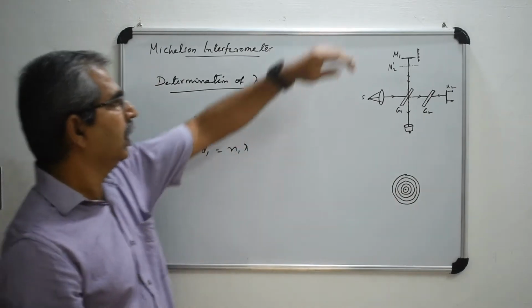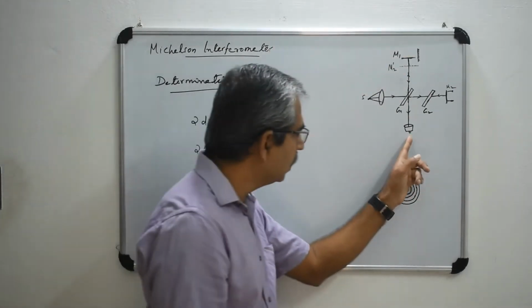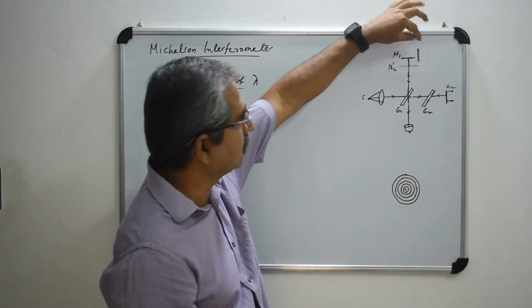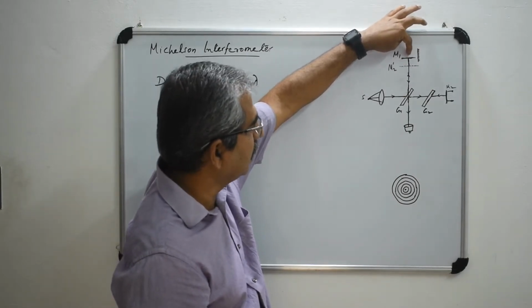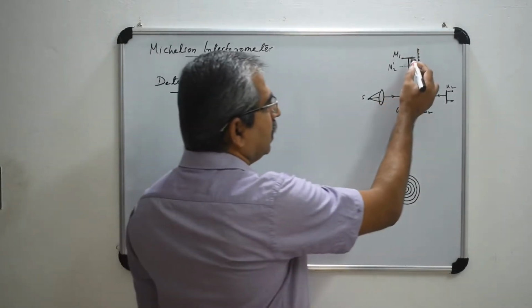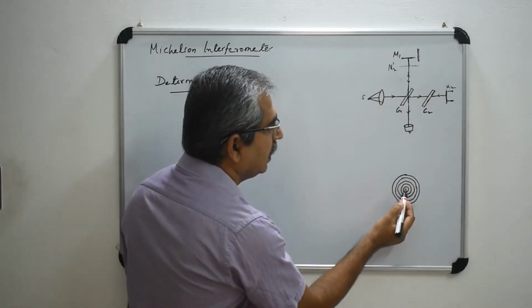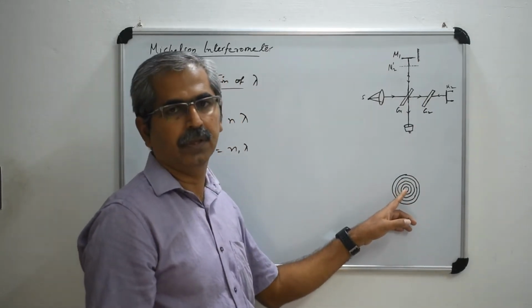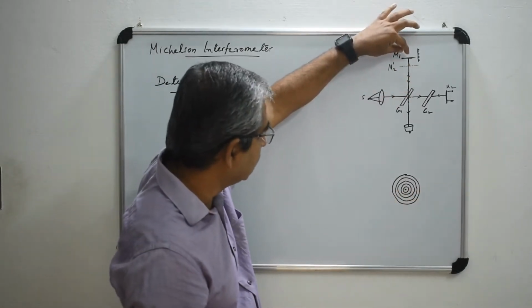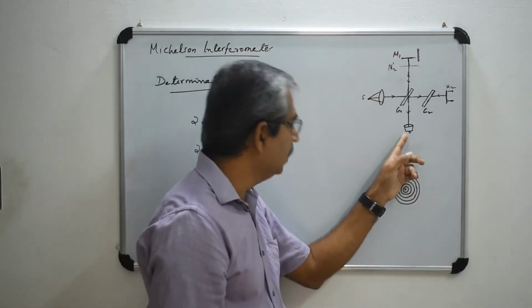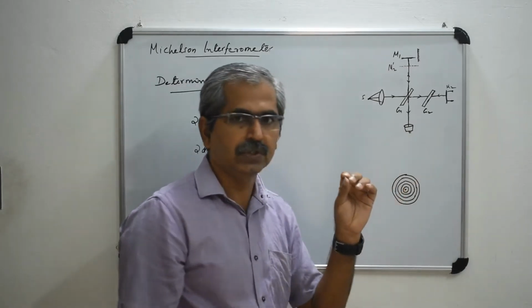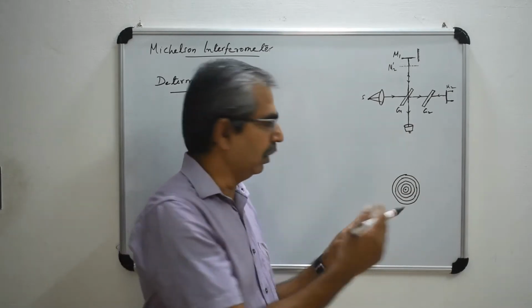No problem. From this position, by looking through the telescope, you move the micrometer screw. That means you are turning the screw and M1 will slowly move outward. What will happen when M1 is moving outward? You can see that new rings will be formed at the center, and you can count them. By carefully observing through the telescope, we can see how many fringes develop at the center.